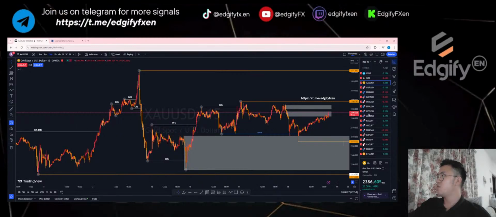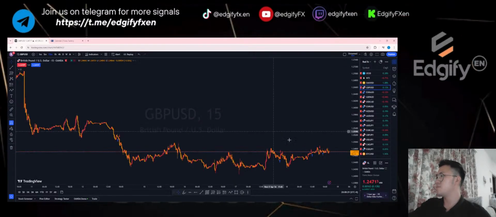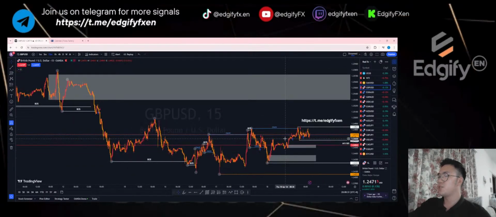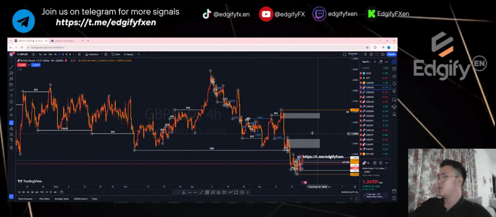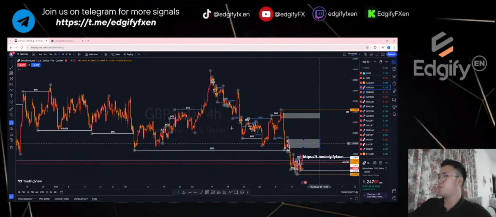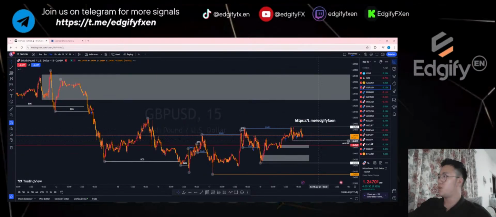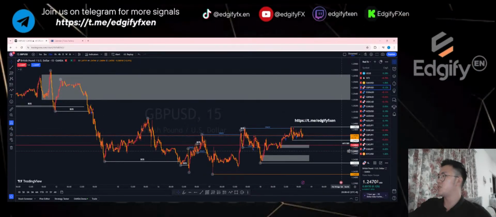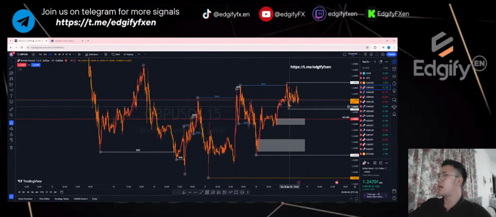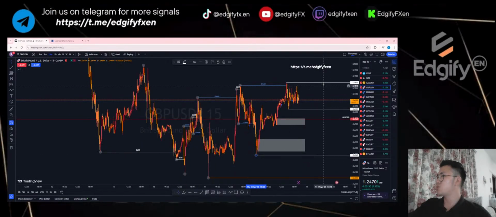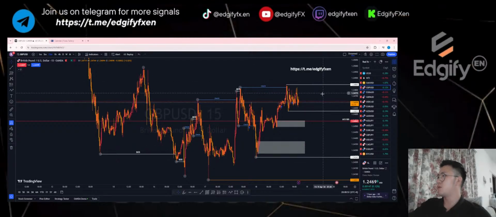Moving on, let's go to GBP USD. On hour 4, it's a downwards move. We are waiting for it to retrace back on hour 4. On the 15-minute, what I see is an upwards movement going up. From this white line to this line here is where I'm targeting to start buying back to the top.